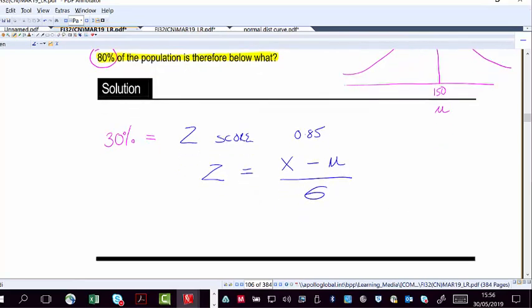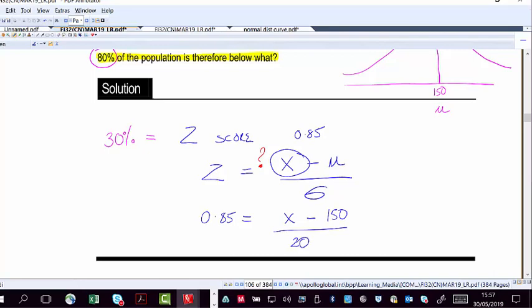And normally we plug in X, but this time it's X that we're actually trying to identify here. Yeah, but we do now have our Z score that we can plug in. So our Z score was 0.85 is equal to X, which we don't know, less the mean, which is 150, divided by the standard deviation,